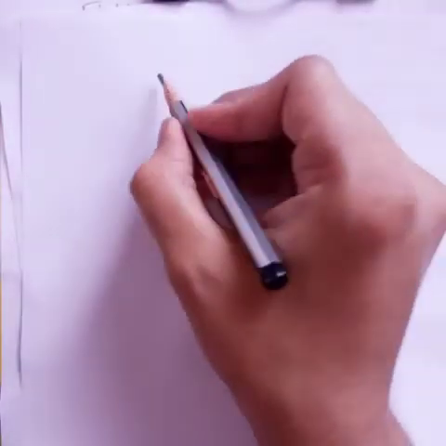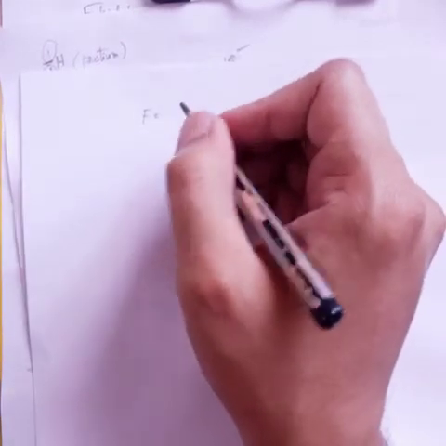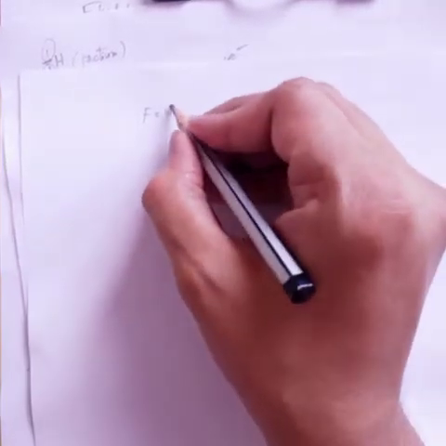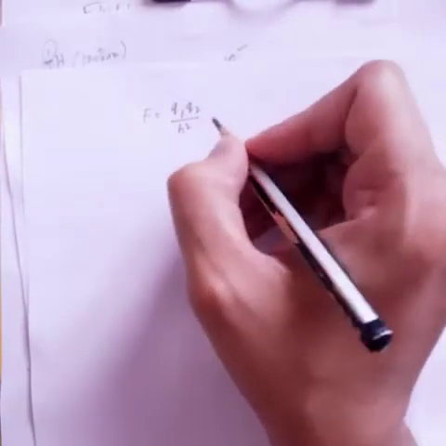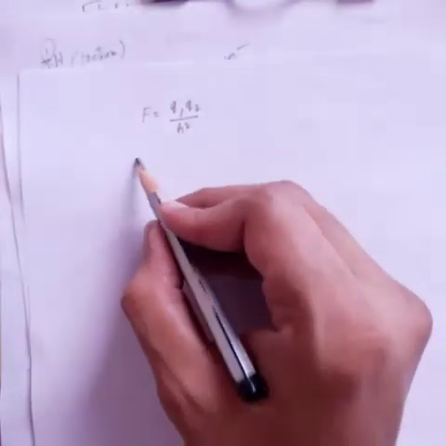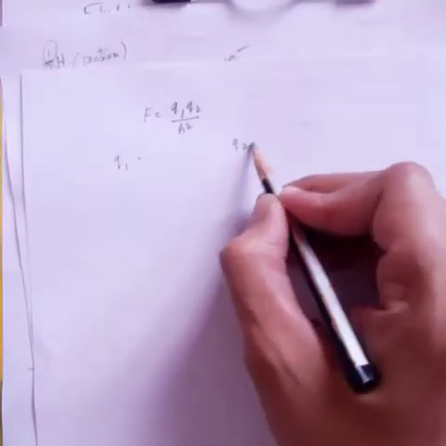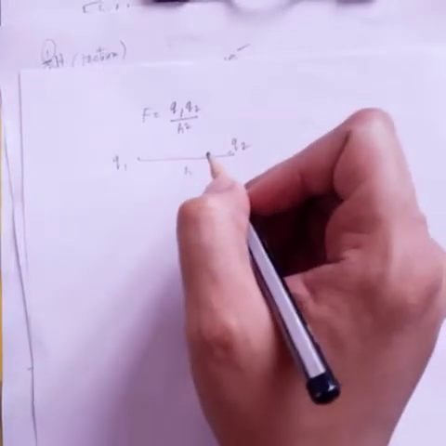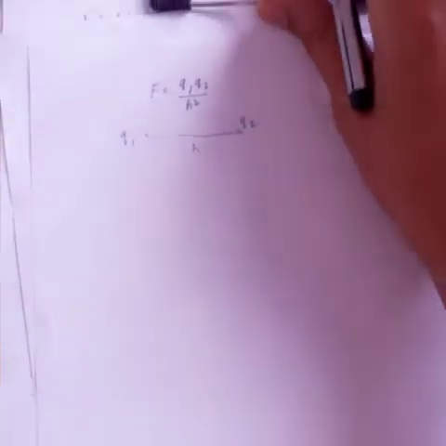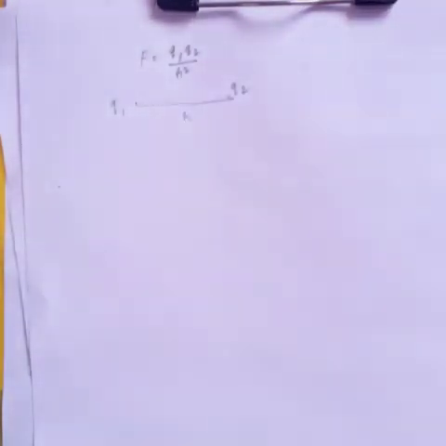Hello students, so now we are going to discuss some topics related to Coulomb's law. If you remember, we have written that the Coulomb's electrostatic force had the expression F is equal to Q1 Q2 by R square, where Q1 and Q2 were two charges. They were separated by a distance R, and the force they were experiencing was F, and the value we could find out using the Coulomb's law.